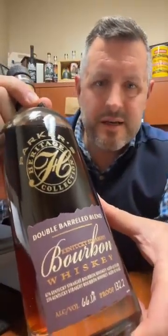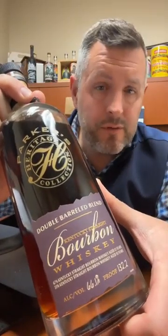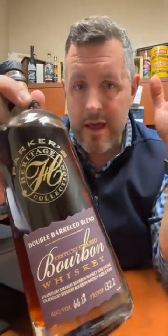Okay, today I am taking a look at Parker's Heritage 16th edition. This is the 2022 bottling of a double-barreled blend. This is bottled at 132.2 proof at cask strength, and I'm gonna just go ahead and read you this back